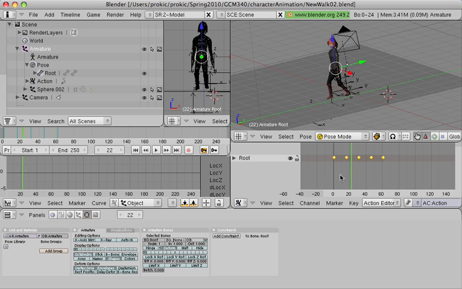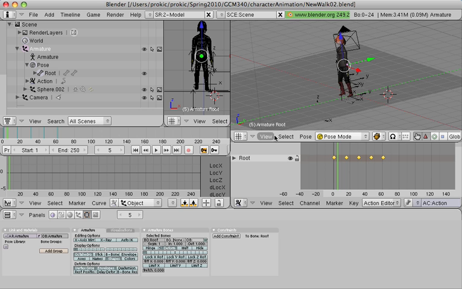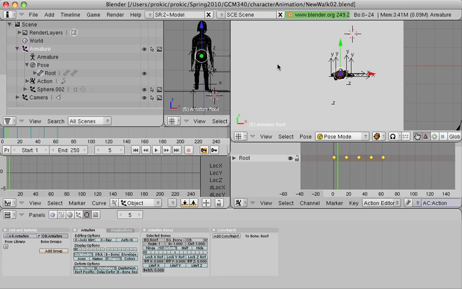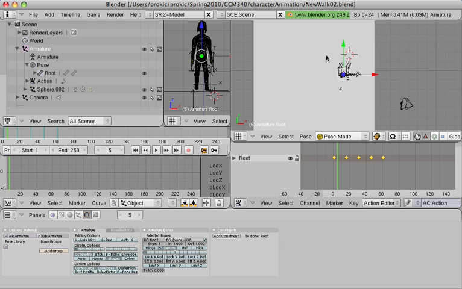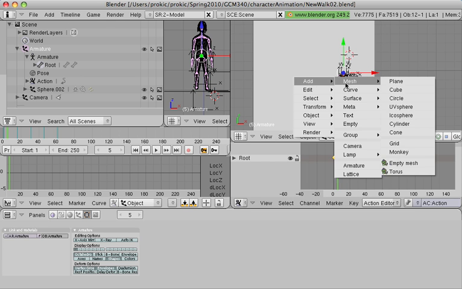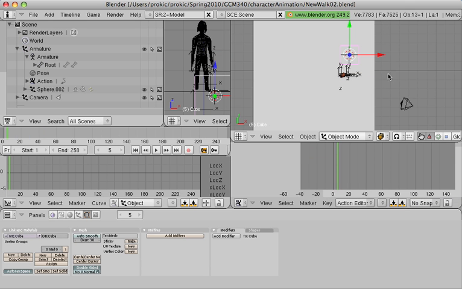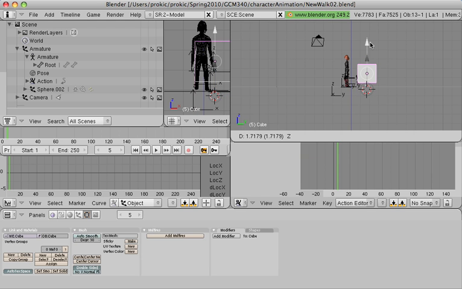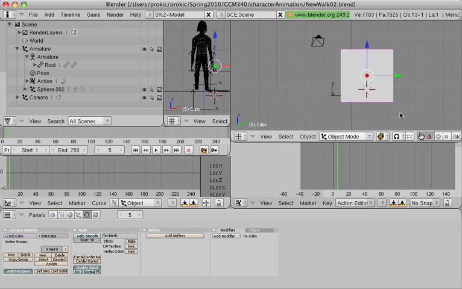The next thing I want to tell you is, when you're happy how your walk cycle looks, go on the top side and maybe, let's go in object mode, build some kind of, I don't know, simple street setup or something like that. Just with a few cubes you can maybe mimic the buildings, put some color, scale Z, let's say, like that, and